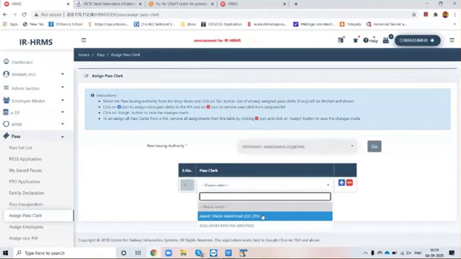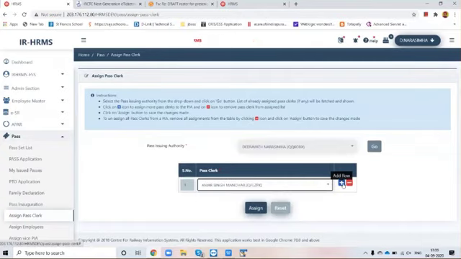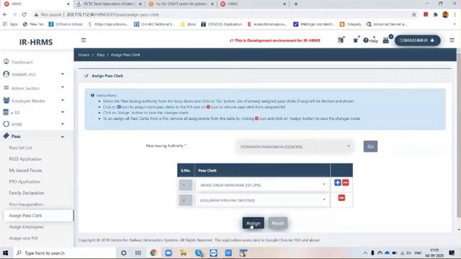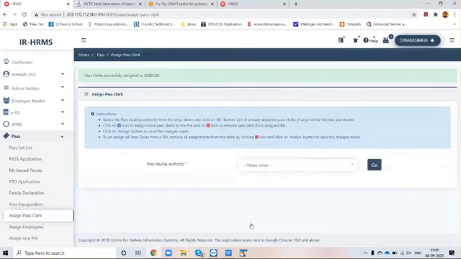So this is one. If an additional pass clerk is to be assigned to this PIA, click on the plus sign and select the name and assign it. The pass clerk has been assigned.